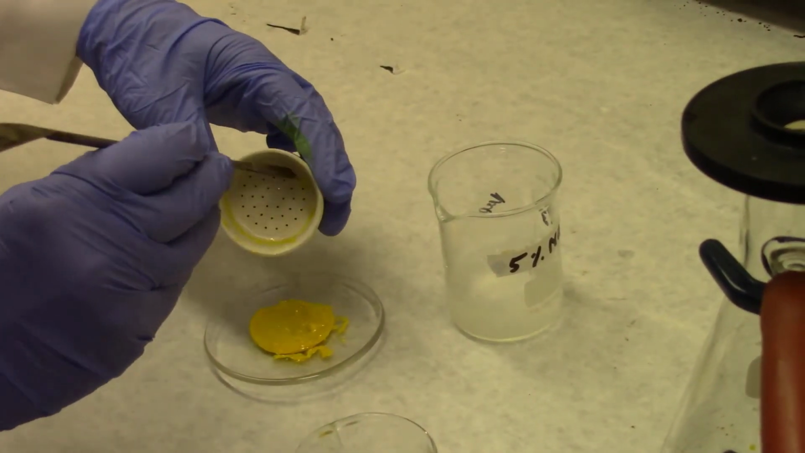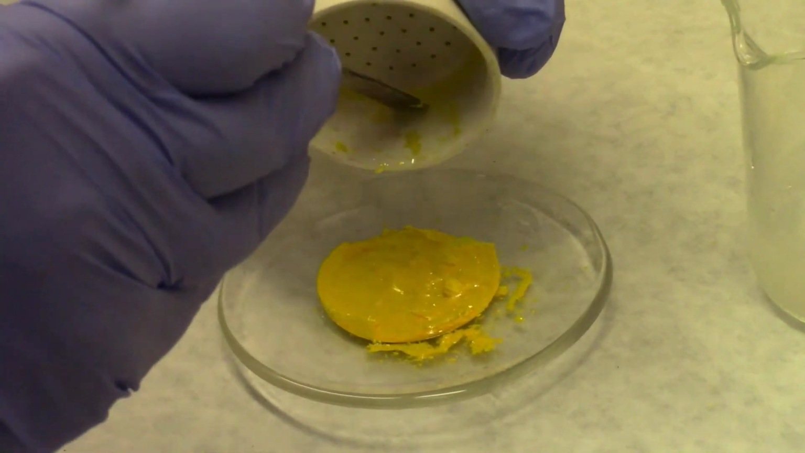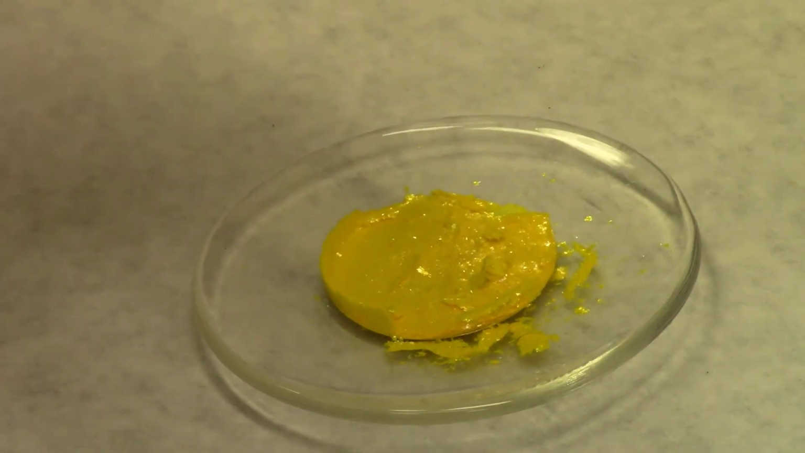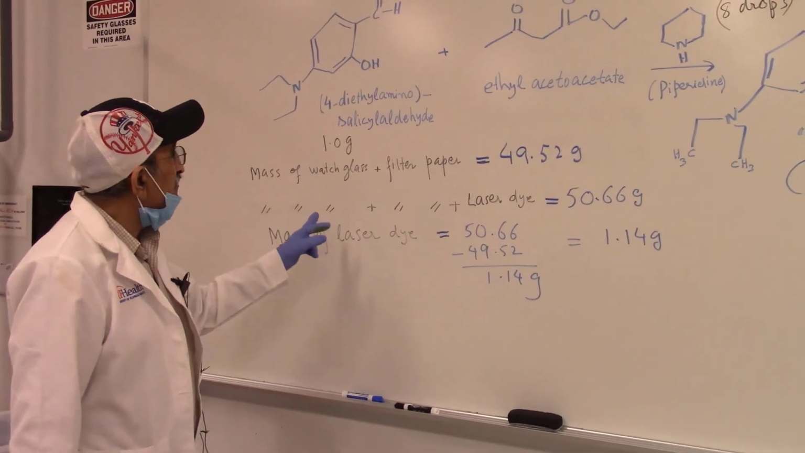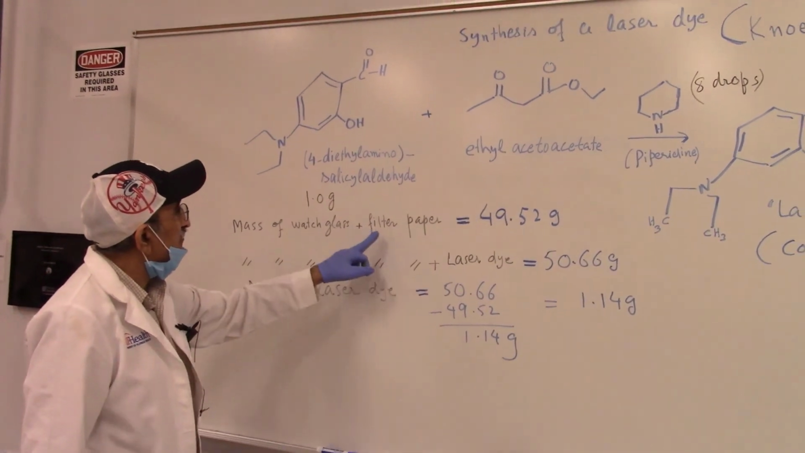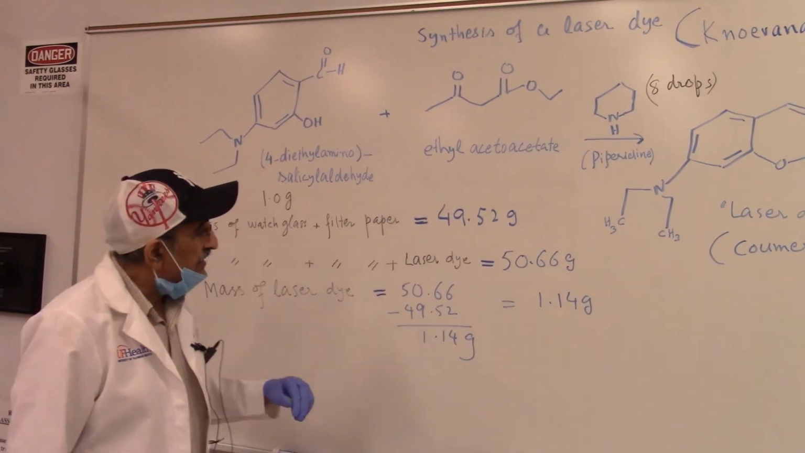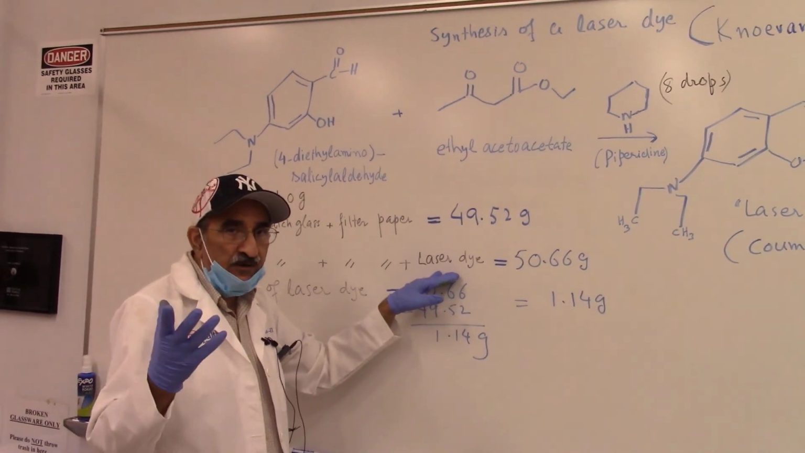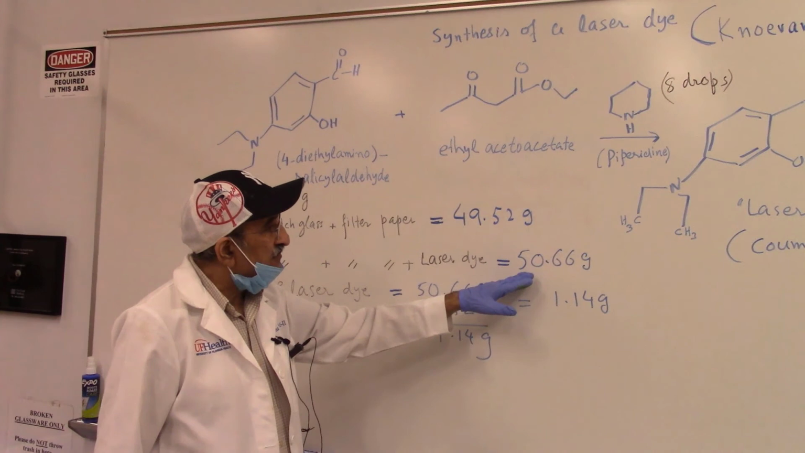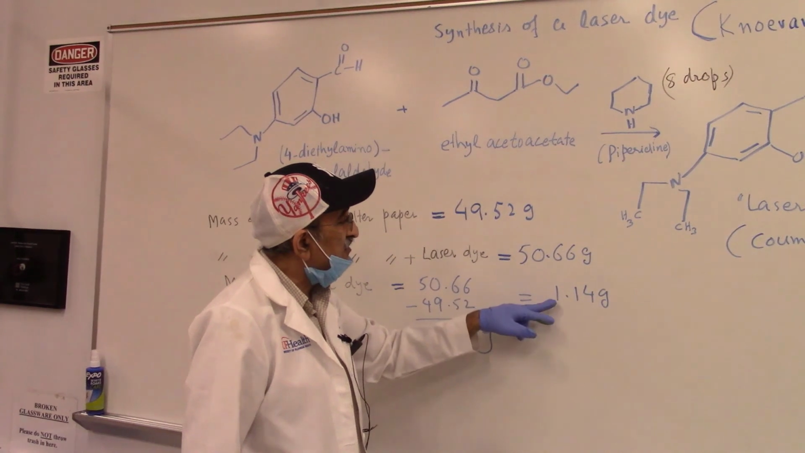And by the way, the filter paper and watch glass should have been pre-weighed, because now you are going to find out the yield of your product. Always pre-weigh the watch glass with a filter paper. Now we are going to calculate the yield. The mass of watch glass plus filter paper is 49.52, and the mass of the watch glass plus filter paper plus laser dye is going to be 50.66 gram. If you subtract the lower number from the higher number, you get the mass of the product, 1.14